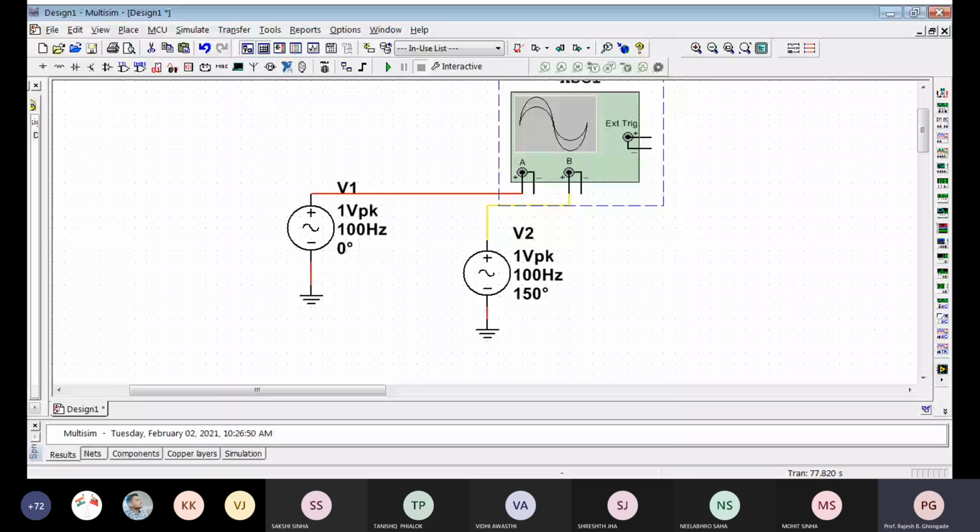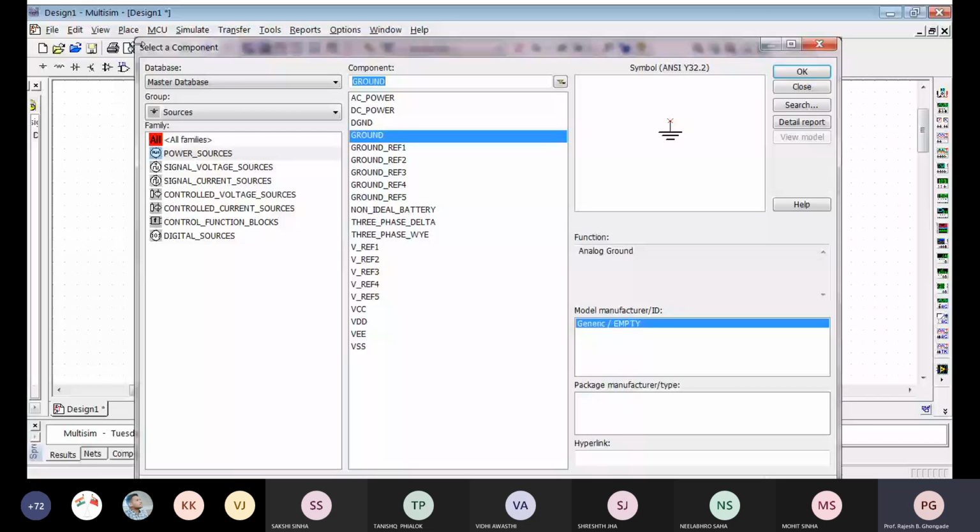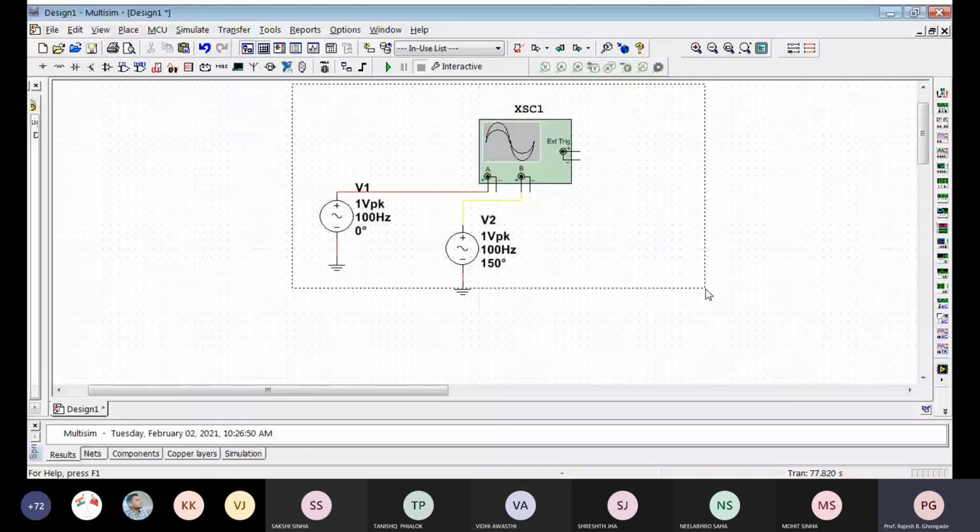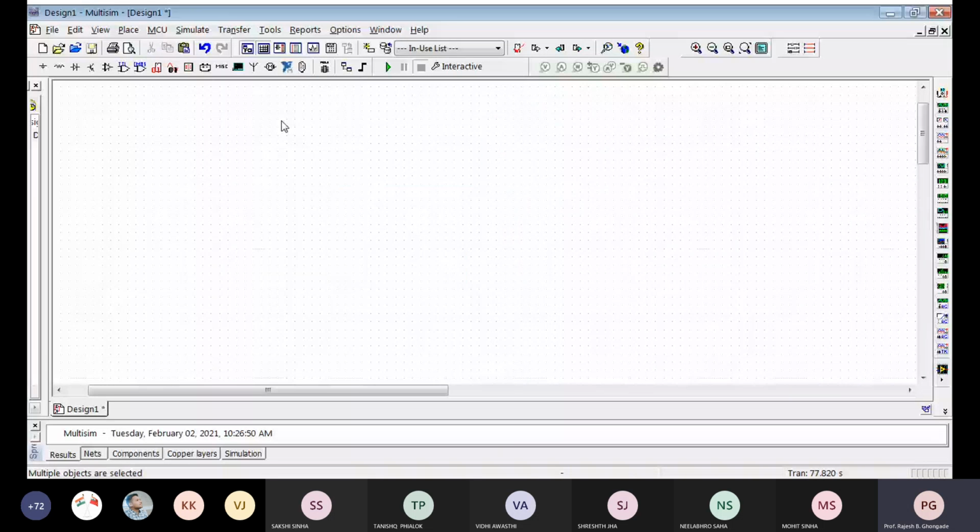So that is all as far as the signals are concerned. You can have some other types of signals also, as we have already seen. If you look here, you have the power sources. Another important thing about power sources is, I'm just going to delete all this. Now many times you require a dual polarity power supply. So while simulating, what you have to do, either you can use